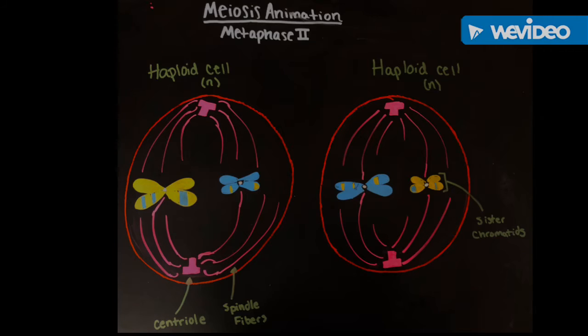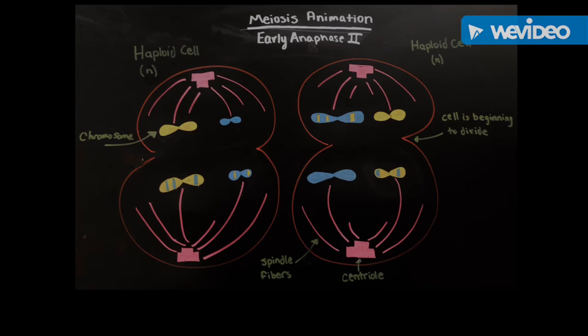The centrioles and spindle fibers move to opposite ends of the cell, and the spindle fibers attach to the centromeres that hold the sister chromatids together. In the beginning of anaphase 2, the spindle fibers begin to pull apart the sister chromatids. The centromeres holding the sister chromatids together split, ensuring that each daughter cell will receive